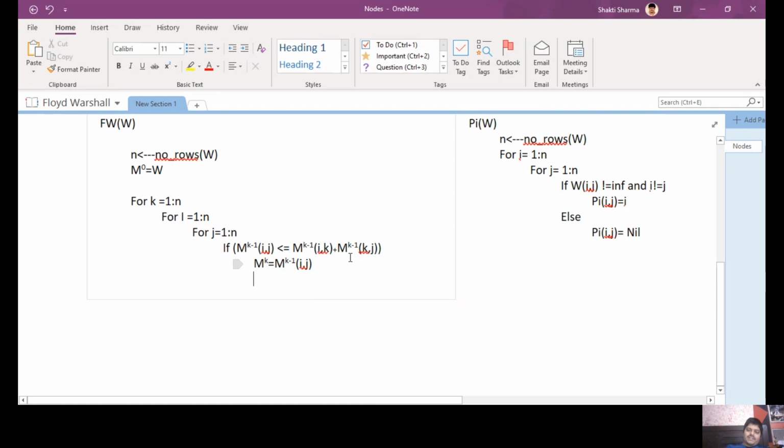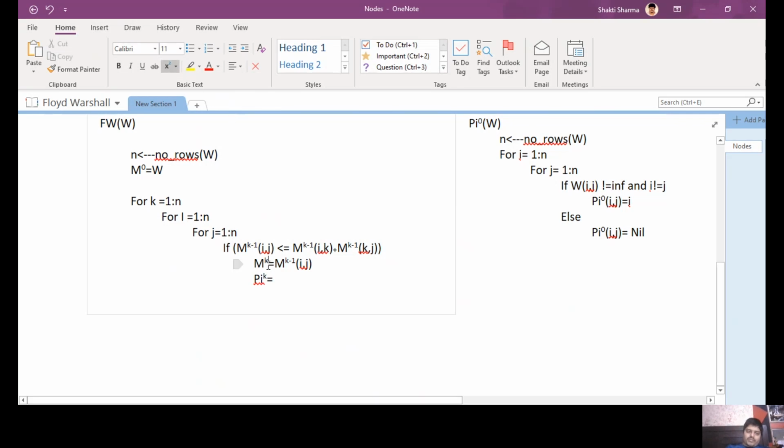Why have I utilized this here? Because on the right hand side we have defined the parent matrix, and this can also be superscripted with the initial matrix, which I am calling pi0. Now on the left hand side, we can define the upcoming version of pi, which is pi k, which will be equal to,